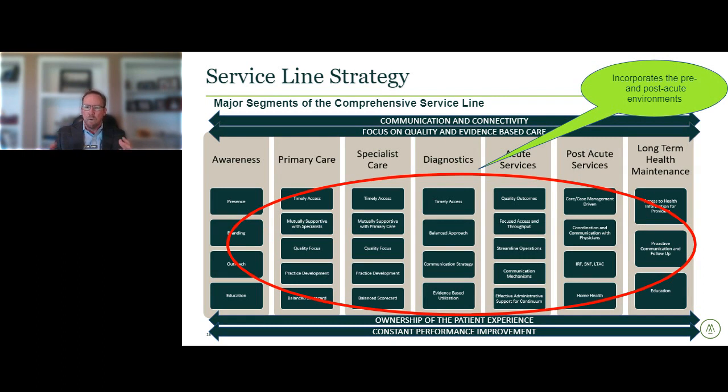What we're talking about here is, within a healthcare system, how do you manage your cardiovascular, or how do you manage your orthopedics? How you do that can have a very important impact on success overall in a bunch of different ways. When we think of the fully optimized service line, it incorporates stuff that goes on outside of the walls of the hospital, if you will. That's how you maximize the ROI and the connectivity with physicians, awareness in the marketplace, and it drives quality all at the same time.